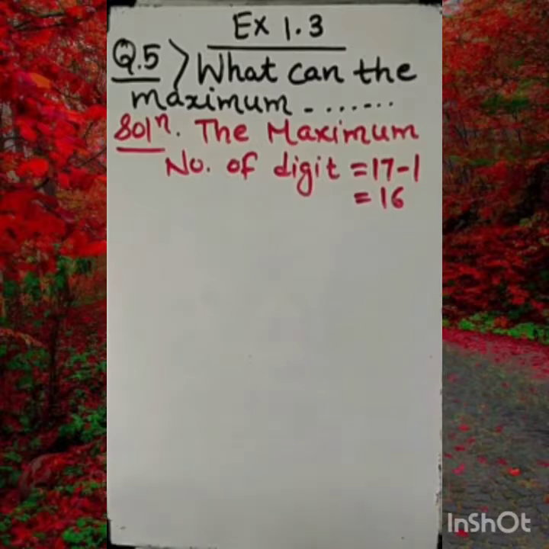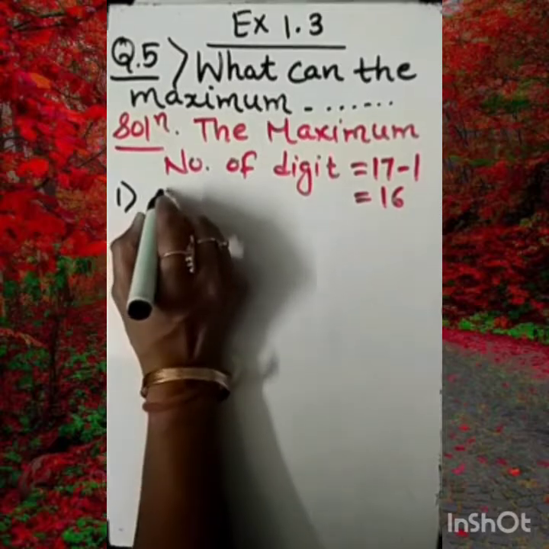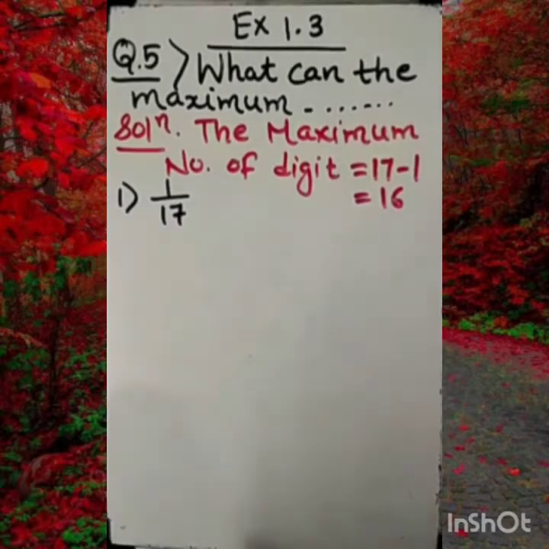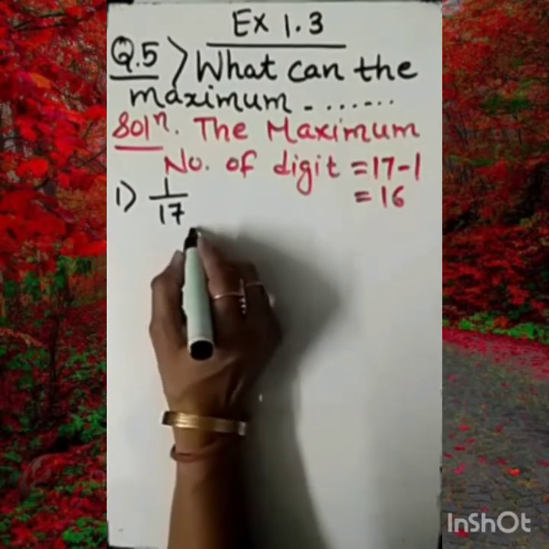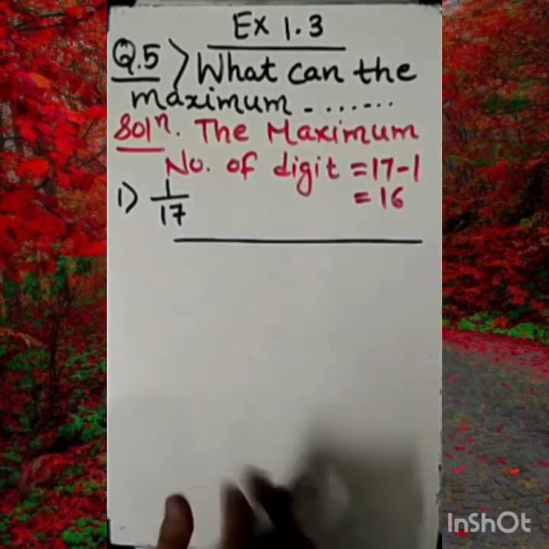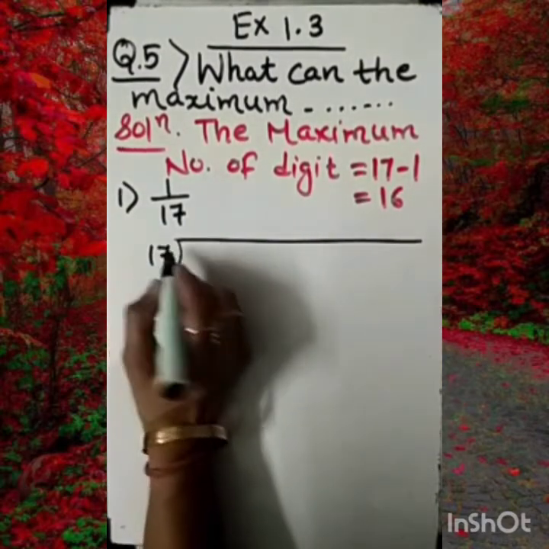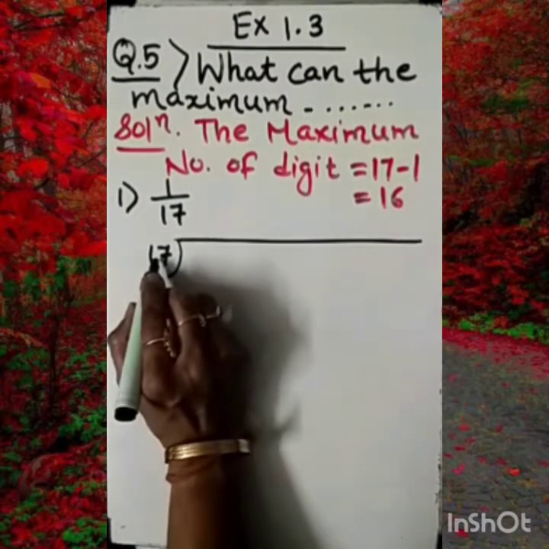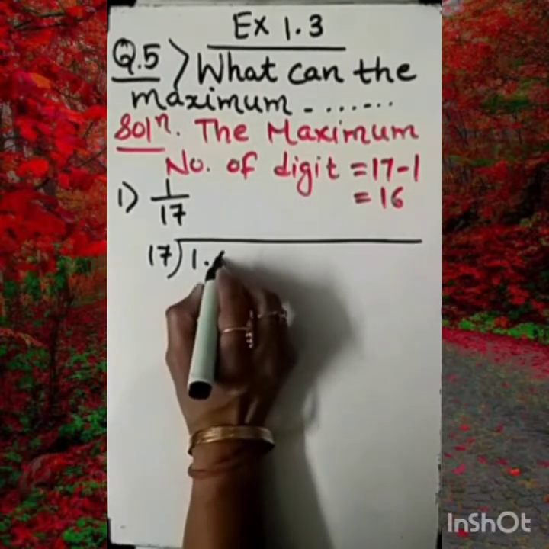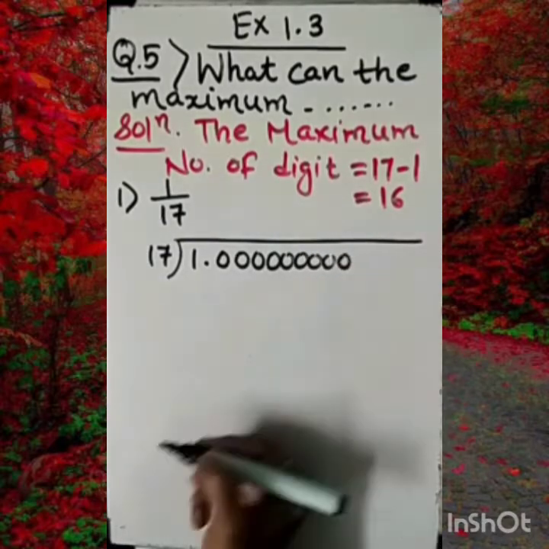Now let's start dividing it. For that I have to apply the long division method. So here 1 by 17. So how to go with that? Let's see. For that I request you, because the answer will become too lengthy and this much space is not enough, so I am trying my best. We are not dividing 17 by 1. We are dividing 1 by 17. So I need to write here 1 point, and the rest of these numbers 0, 0, 0, 0, 0 we are going to put.